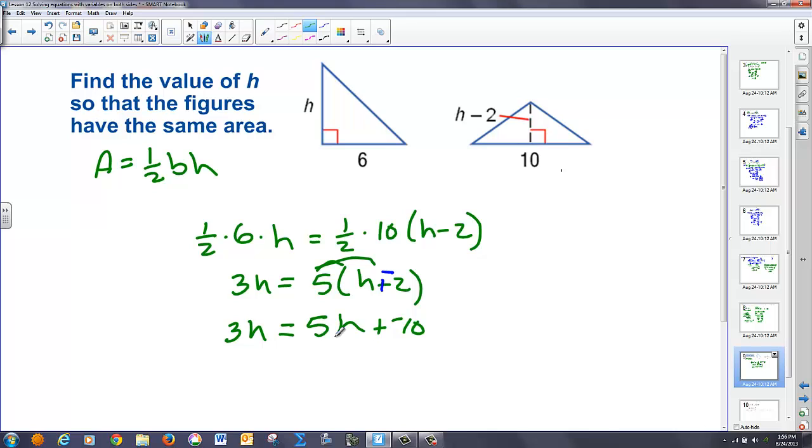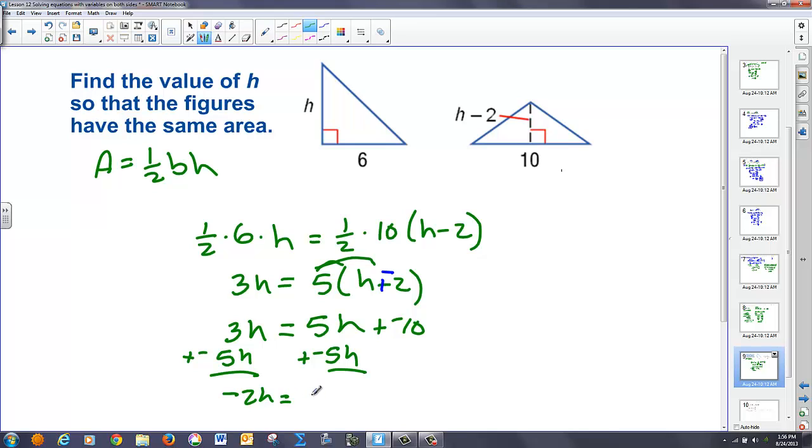Now, in this case, if I want to keep my h terms positive, I have to bring the 3h over. Now, let's just do something a little bit different this time, because I don't want to have nothing on one side of the equation. I want to keep it constant. So I'm going to add -5h to both sides, or break my rule a little bit. And it's okay to do as long as you keep track of your positives and negatives. So now what I have is -2h